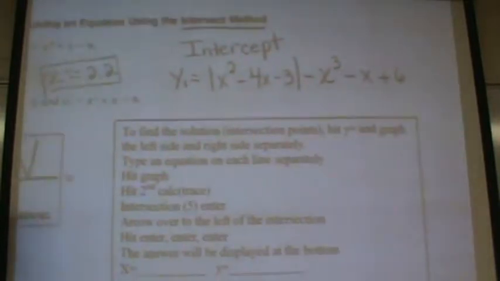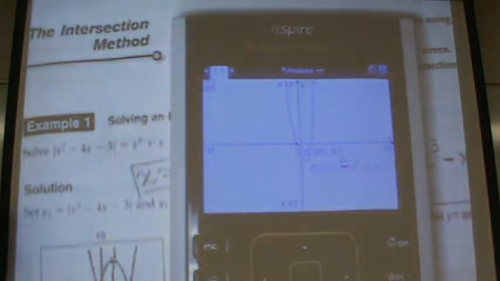On the Inspire, I prefer the x-intercept method. It's clearer for me to see where the graph hits the x-axis than to see where they intersect. Okay, so I want you to go to new graph, new document, and we're not going to save my old one. So go to add a graph,